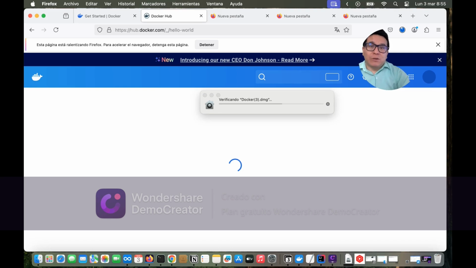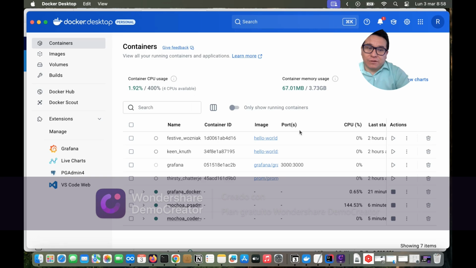So first of all, it is necessary to go to the website of Docker. You can go to the website and download the software. You can do it also by terminal using Brew, or you can download from the internet. So, for instance, you can go